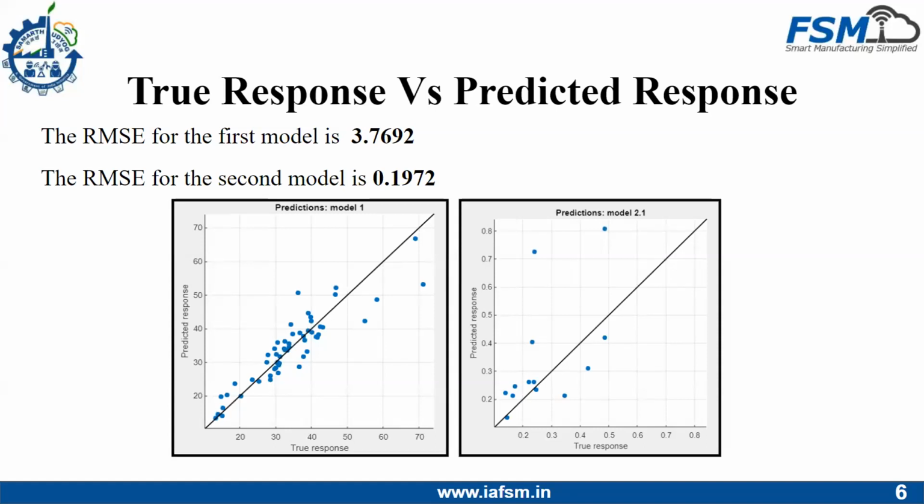So what is the impact if I predict a less life or if I predict a more life? The tool cannot be used to the maximum life. Suppose 2 minutes more is there to be machined, but if I am changing it before its usage, then the wastage of tool will be there, so the cost of tool can be increased. That is what I was saying.